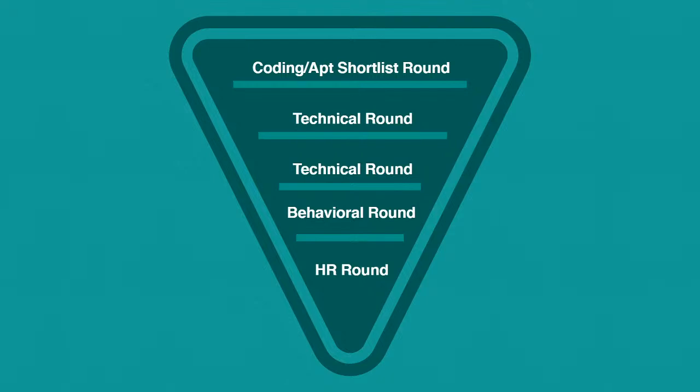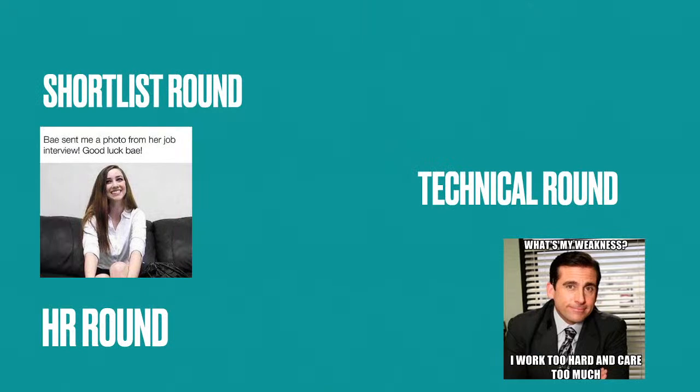Here you will be asked questions like, tell me about yourself, what are your strengths and weaknesses. Be polite and always be prepared for these general types of questions, because once you solve this, there is no stopping you. You will become an employee of Google, Amazon, or one of those big 5 companies. So that's it. What you can expect is that there will definitely be one shortlist round and one HR round. In between, there are definitely going to be 1 or 2 technical rounds, but the other rounds depend on the companies. Now, let's take a very quick break to see what we've seen till now.